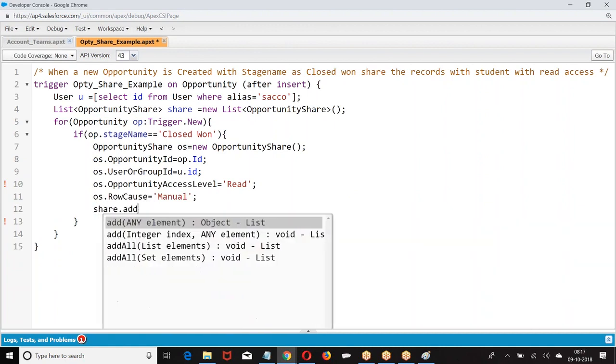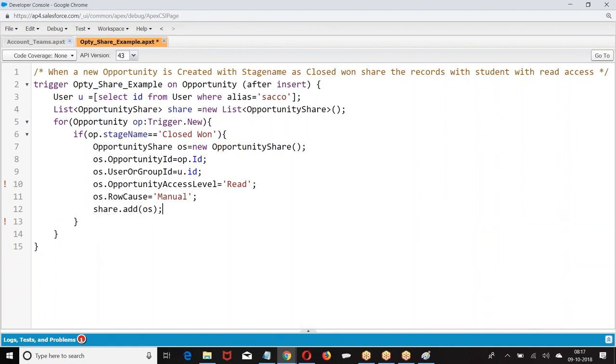Then I am sharing. Opportunity share, opportunity ID, user or group ID, opportunity access level, and row cause.